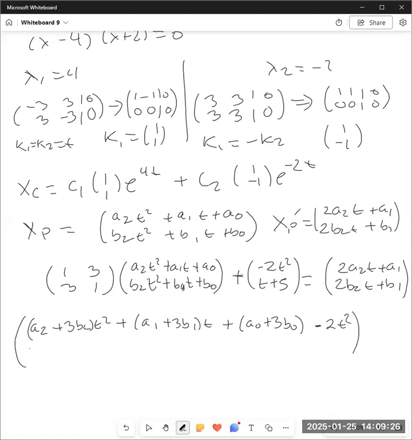Down here I have 3a2 plus b2 t squared plus 3a1 plus b1 t plus 3a0 plus b0 plus t plus 5 equals